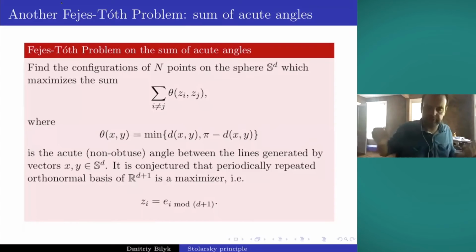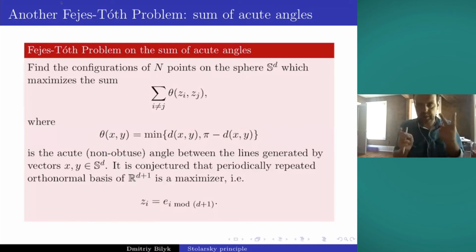Or you can say that you're going to the projective space, right? So essentially, instead of taking just the angle, the geodesic distance, you take the minimum of the angle and pi minus the angle. So it's the acute angle between the two lines generated by these vectors. And now if you take the sum of these acute angles between lines,